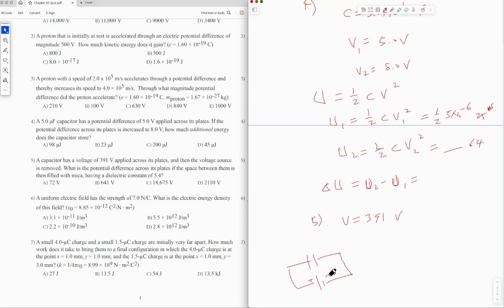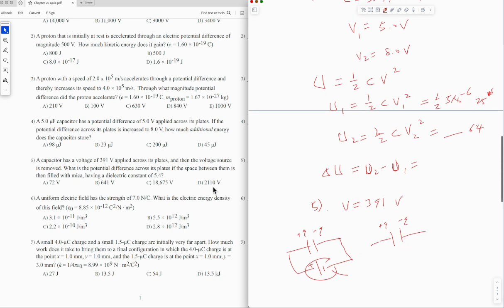Then what you do is you remove the source. When you put a voltage here, you put a charge, you trap the charge here. When you take the source away, the charge is still there. It's a trapped charge; the charge can go nowhere. So what is the potential difference across the plates if the space between them is then filled with